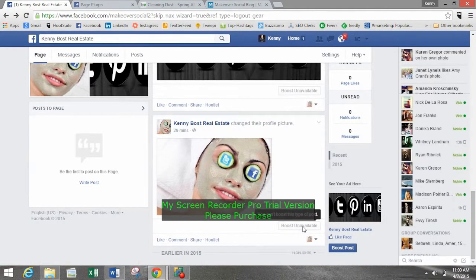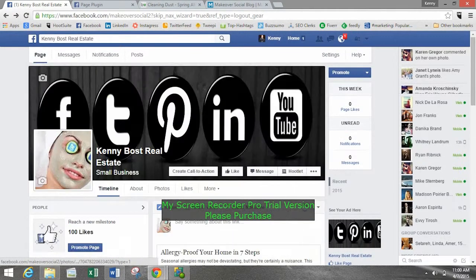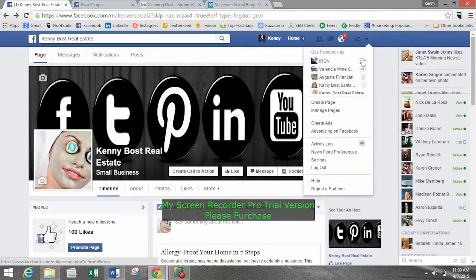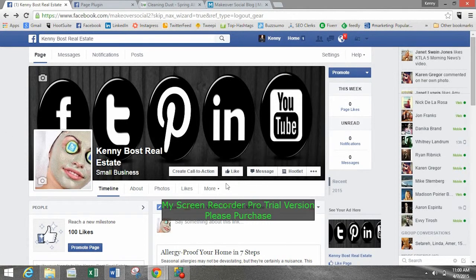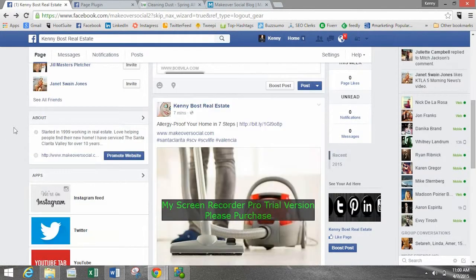And what that's going to do is show this post to more than 10% of the people. Remember I said that approximately 10% or less of the people that like your page are going to see everything you post. Well, if you boost the post, you can up that number. And if we want to create ads, we can lead people either back to this business page to have them like the page, or we can lead them to your website, which would be even more beneficial.